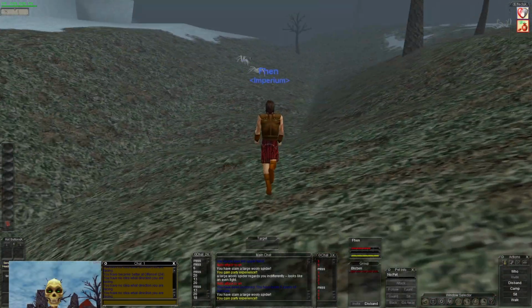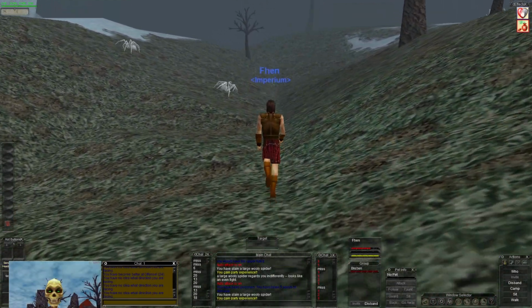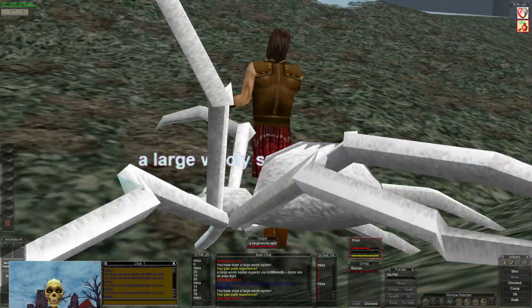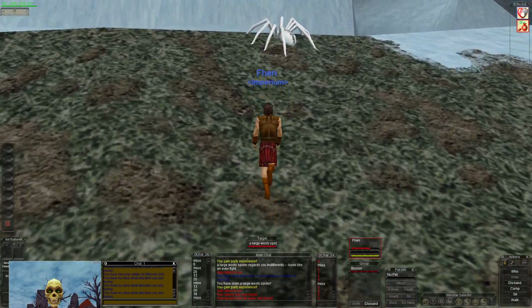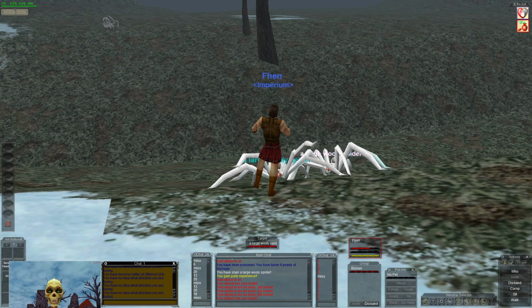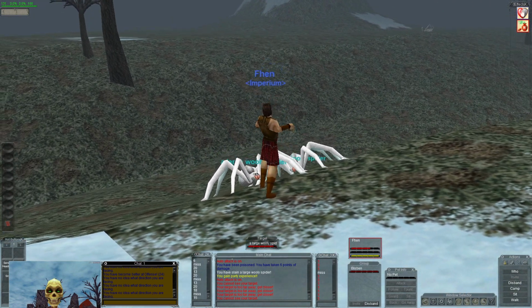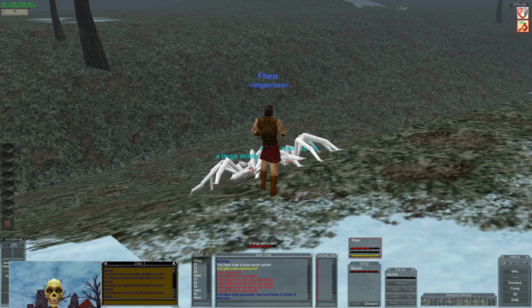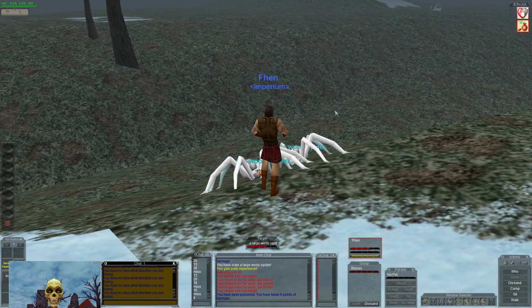Hello guys, welcome back. So I just thought I'd come and say how different Everfrost Peaks appears to be. I haven't come across any goblins or leopards or anything. So far, in areas where you would see those mobs wandering around, there are just spiders. It actually feels quite different, and I would kind of argue that it's slightly better,